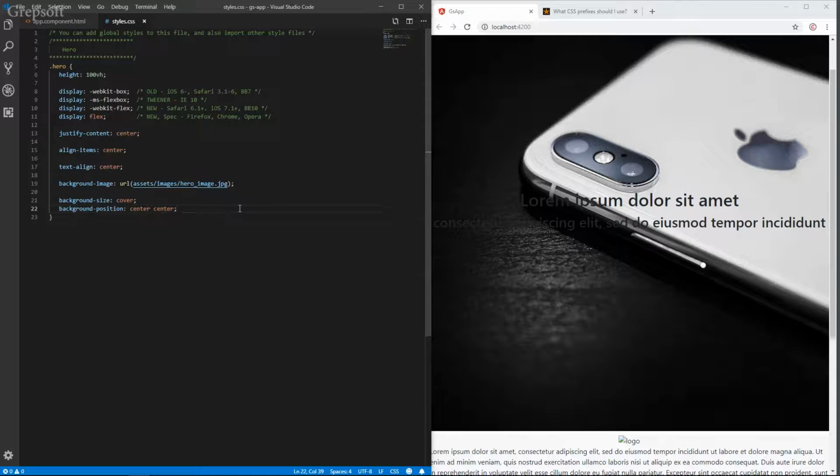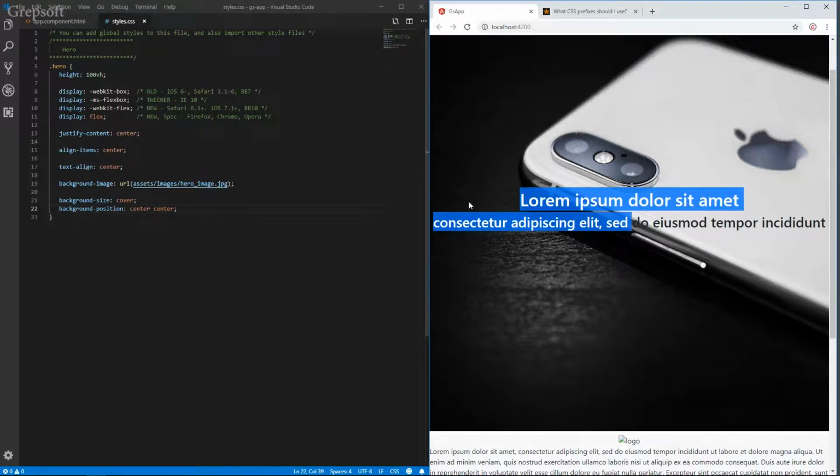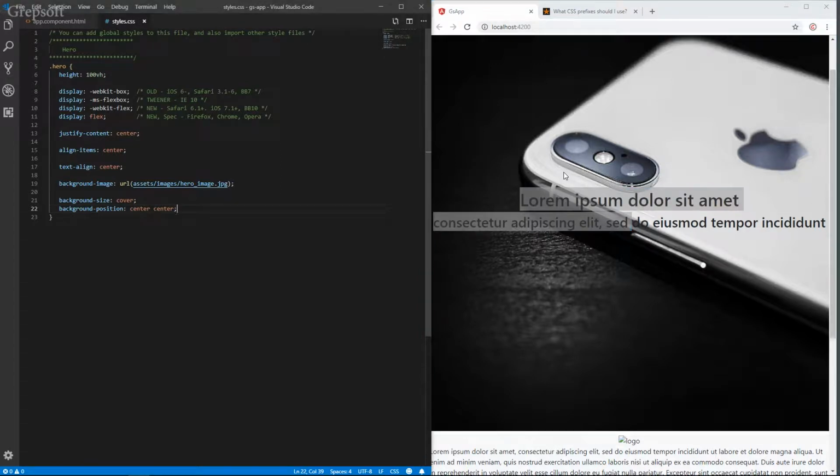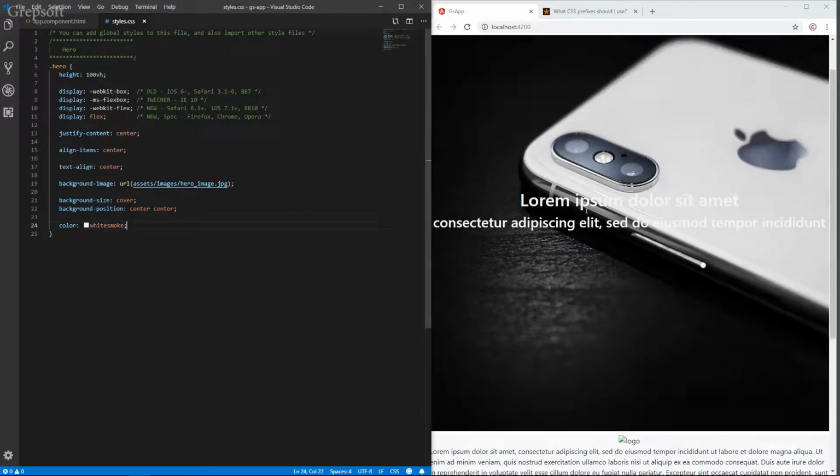And as you can see, the text is dark. That's because of our background image, so that's a personal choice. If your image was white, you might leave it, but I'll just say the color is white smoke. There you go. It's still